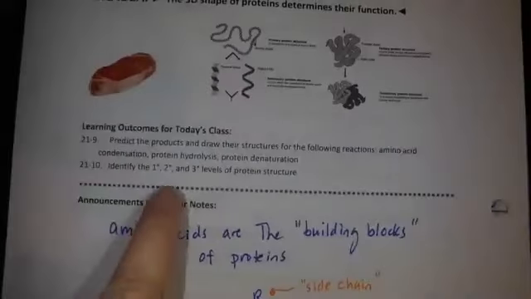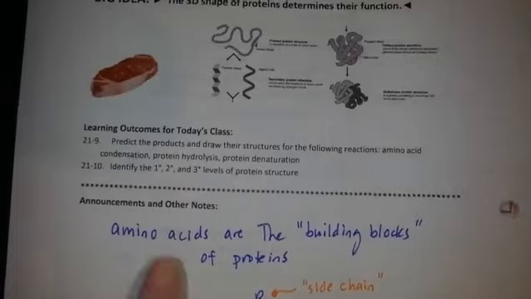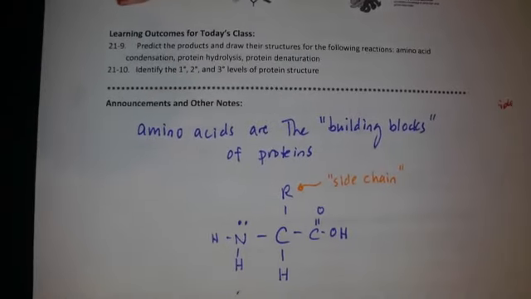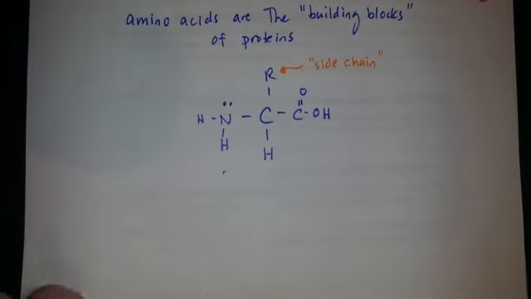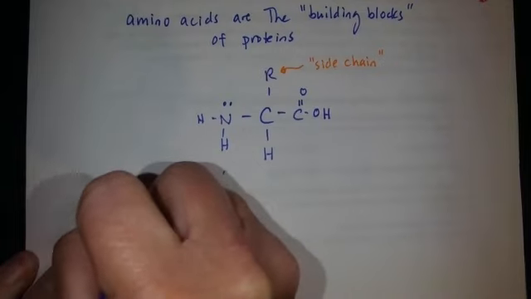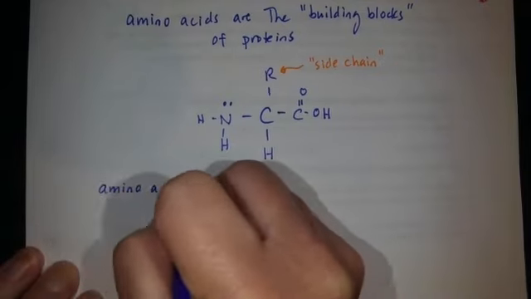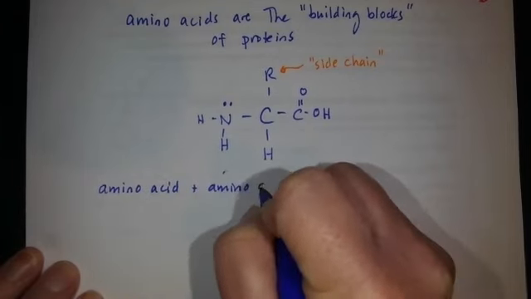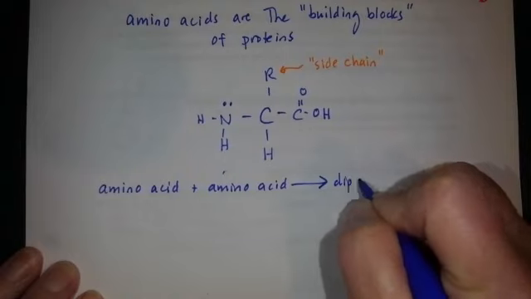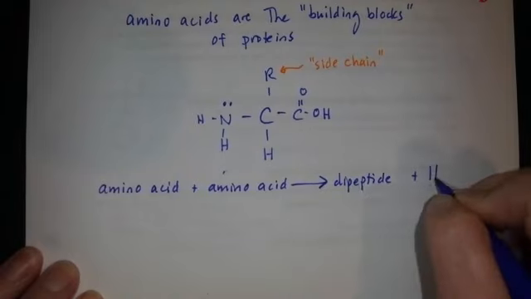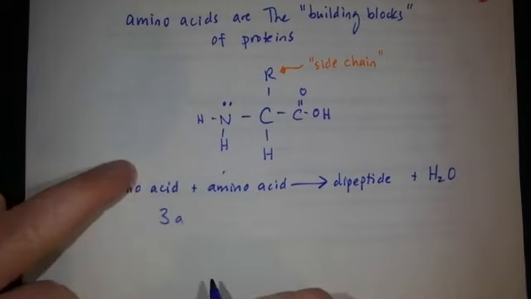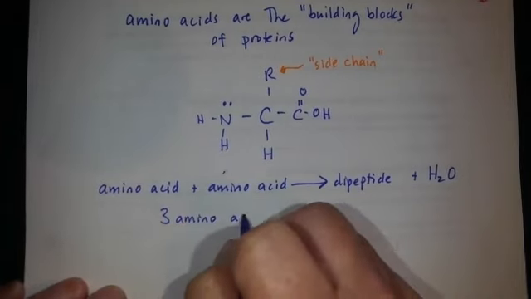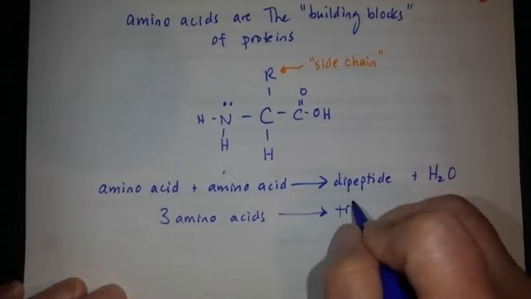Before we can do that though, I'd like us to talk about what is a protein. We mentioned that amino acids are the building blocks of proteins. We also mentioned, I'm going to slide that up a bit, we mentioned this when you do condensation between 2 amino acids. So amino acid plus amino acid, you form a dipeptide plus water. That's the reaction that we just saw. What happens if you have 3 amino acids? This was 2 amino acids. What if you have 3 amino acids? Then you'll get what we would call a tripeptide.